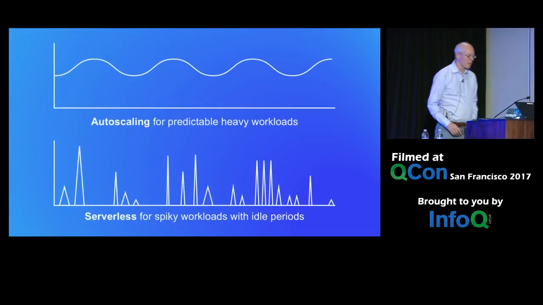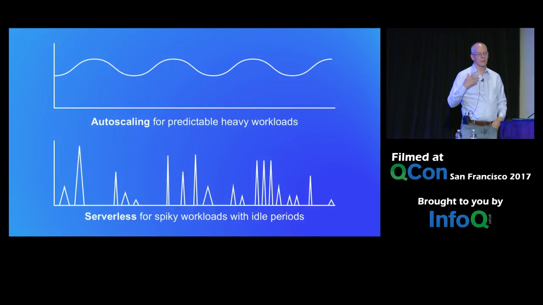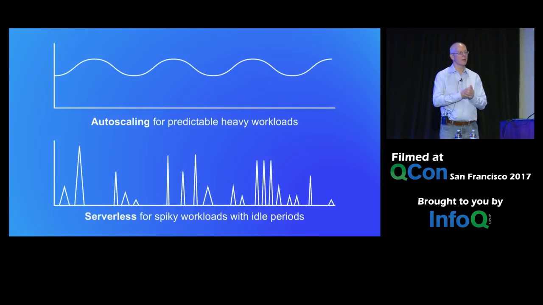So you want to auto-scale predictable heavy workloads, because you're going up and down. But for the lighter workloads that go all the way to 0, so if you're looking at, I want to deploy across zones by default, that means I need at least 3 machines of every type. In fact, the pattern at Netflix, we said we want at least 2 machines in each zone. So our minimum deployment was 6 machines. And you could get fairly small machines, but it's still 6 machines.